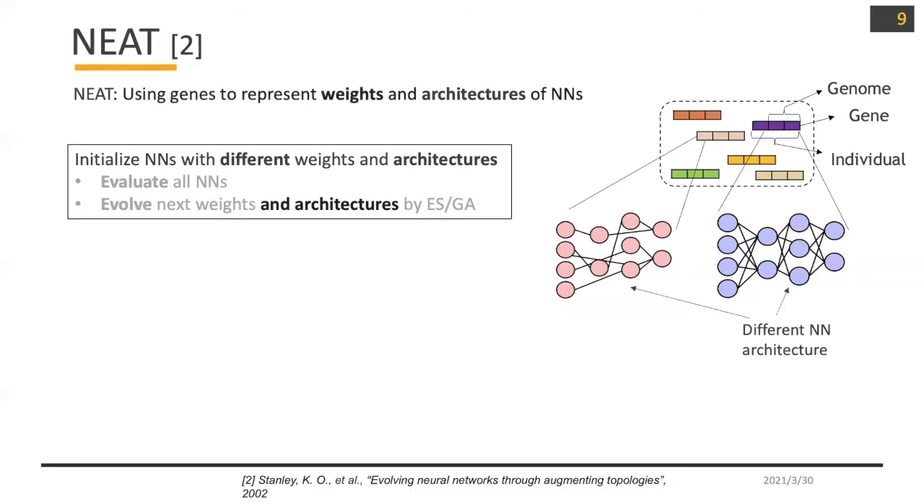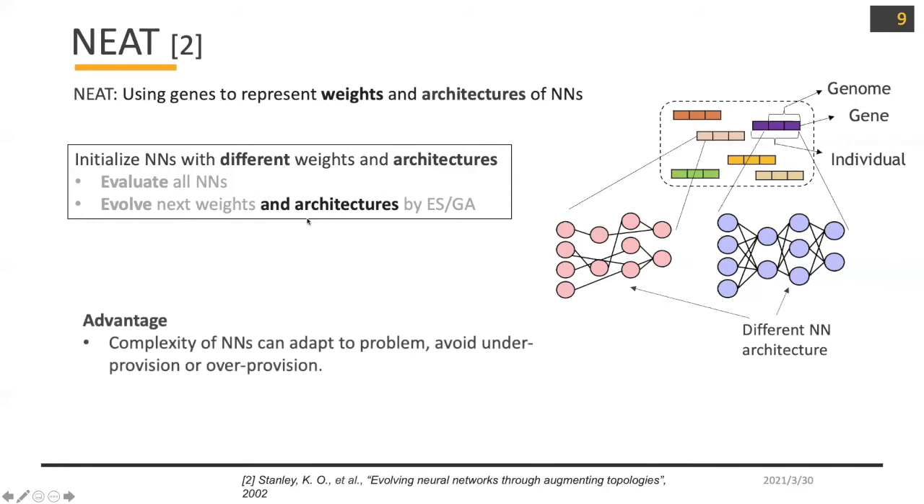NEAT is a variant of neuroevolution. The only difference is that it uses genes to represent both the weights and the architecture of the neural network. So as an example here, each individual can represent a different neural network with different architecture and weights. So the algorithm is the same. The only difference is that it involves weights and architecture together. The advantage is that the complexity of the neural network can adapt to the problem now and avoid under-provision or over-provision